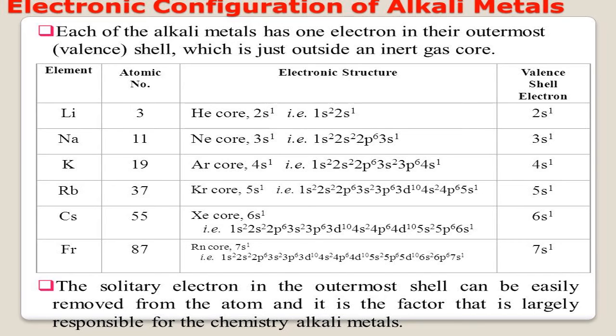Now this is the electronic configuration of alkali metals. Remember, they show the same electronic configuration. You check the outermost electronic configuration. It is 2s1, 3s1, 4s1, 5s1, 6s1 and 7s1. One electron in their outermost orbital. Because they have similar outermost electronic configuration, therefore they show similar chemical properties. Similar means not 100%. Okay, some similar properties are shown by alkali metals. So chemical properties are explained on the basis of electronic arrangement.